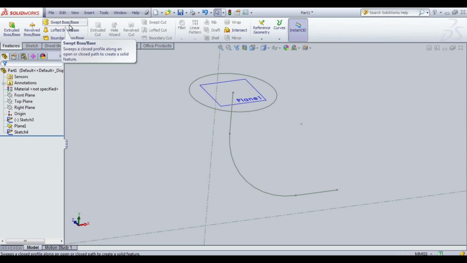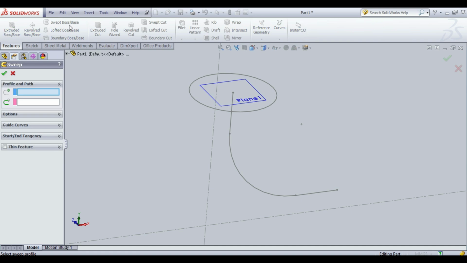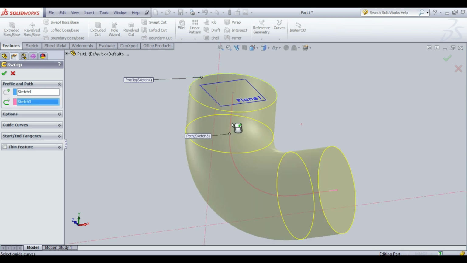Go to the swept base. First, you click the profile circle. After that, the path of the pipe. Construction lines are not made for the path of the profile. That's why we remove the construction lines. Click OK.